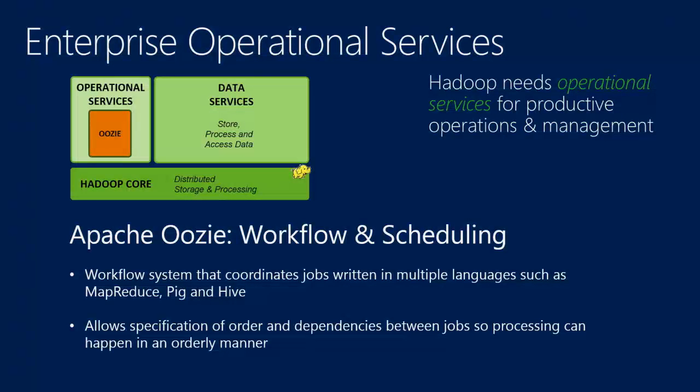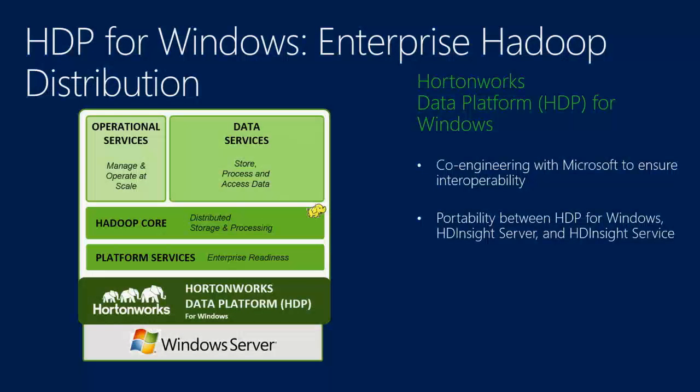And Oozie is basically a workflow framework which says, I have Pig jobs, I have Hive jobs, I have MapReduce jobs. I now want to define a workflow that says, run a Pig job, take that output, put it into a Hive query, and then do a SQL analysis, a SQL query, and write that output so that then through Excel I can read the output. That workflow and scheduling it on a regular, repeatable basis is done through Oozie. So you can write these workflows. And that's the set of components that form the Hortonworks Data Platform that we have available for Windows. And this is the same set of components that exist in HDInsight as well.